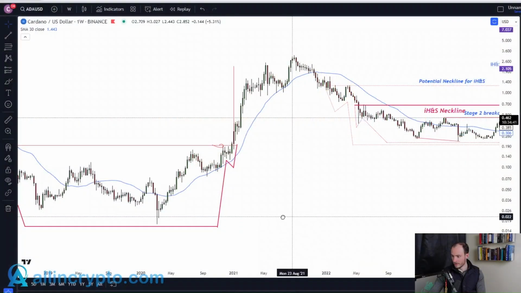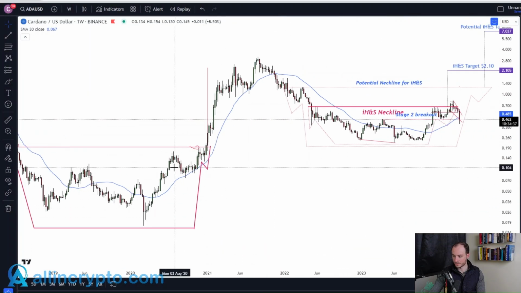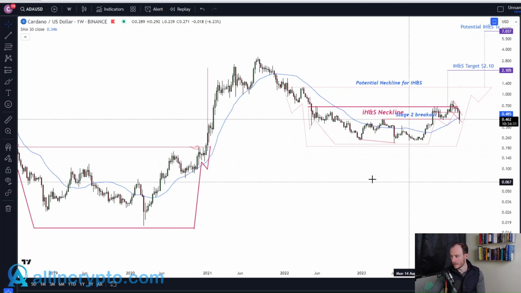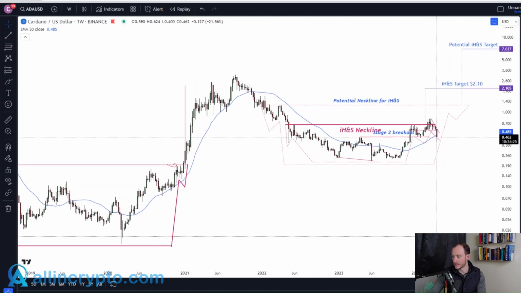So we need to see these charts put in some strength. We need to see some sort of a bottoming structure. If we look at Cardano, just to use this as an example, it very much looks similar to what it did in the previous cycle. You have this big drop, this point of consolidation, you run up, you drop, then you consolidate, you support the 30-weekly moving average before testing off of it. And we still think the bulk of the bull is to come.